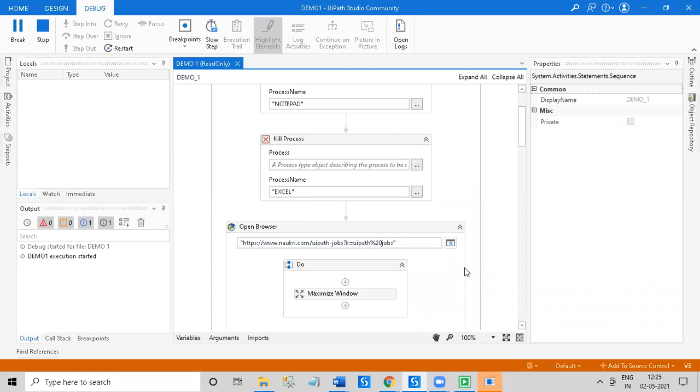Let's suppose I'm not able to hear anything. Hamid's voice is audible, I think. It is audible to me as well. Hamid bhai, please go ahead.